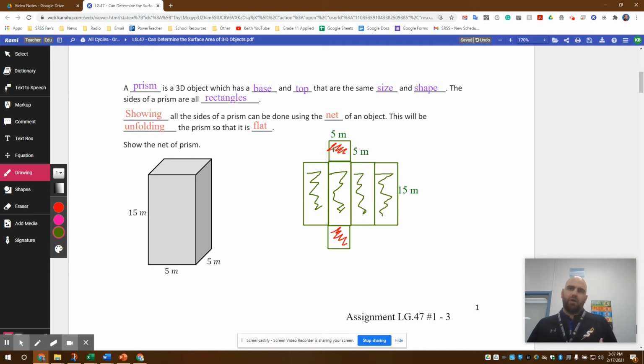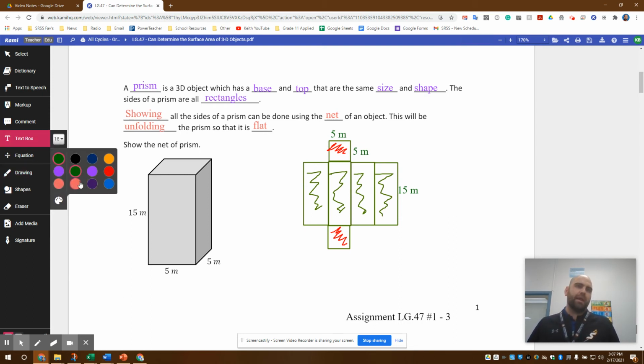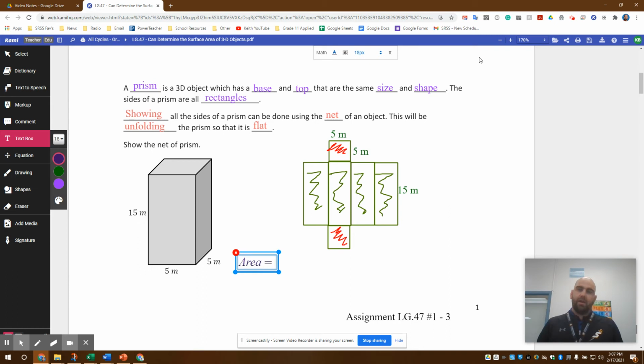Now, our top and our bottom are going to be exactly the same size. They're going to be a square. These rectangles that make up our lateral area are actually one large rectangle that has one side that's given, and the other side, this top side here, is actually the perimeter of our square. So how we're going to find the area for this entire piece is it's going to be equal to,